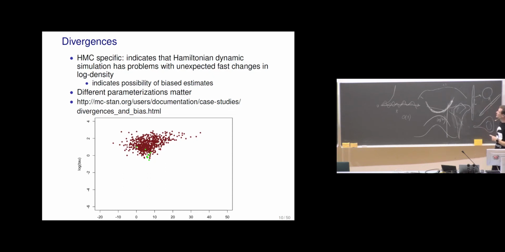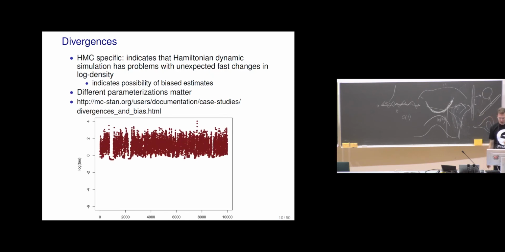Here's a plot showing draws from here, and the green dots show where there were divergences. Because they are all in the same region, we suspect that there might be a problem. In this case, the x-axis is just one dimension from many, so this is a higher dimensional posterior, and log tau and one of the other dimensions is where we can see this funnel shape.